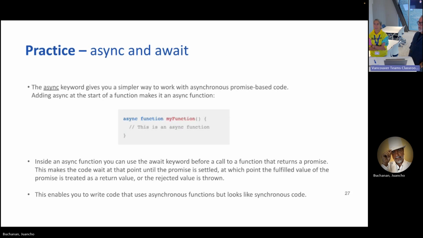Now, sometimes you want to actually go through the flow in a linear fashion. You want to make sure that fetch has completed and now you're going to do something with it, and you won't continue to do anything else. So what we can do is write async functions that within them wait for things to happen.